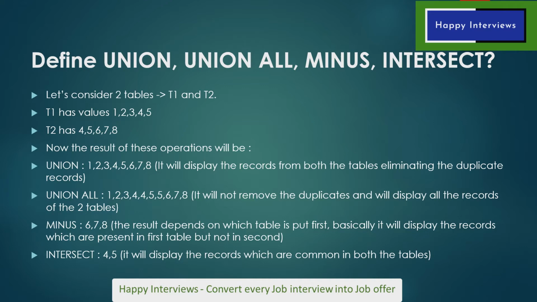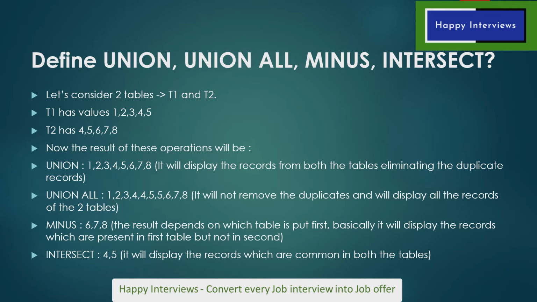Then comes minus. So what minus will do, it will just show the values which are present in table T1 and not present in T2. Like the same way minus operator works, like if I say 9 minus 5, so 5 are present in 9. What is 9? 9 is 5 plus 4. So 9 minus 5 will be 4 only. The count which is remaining, which is not present in the second variable.